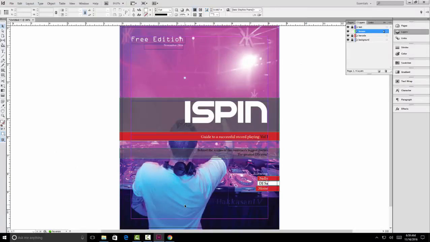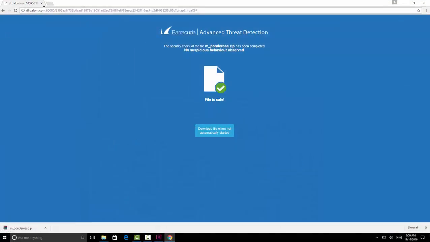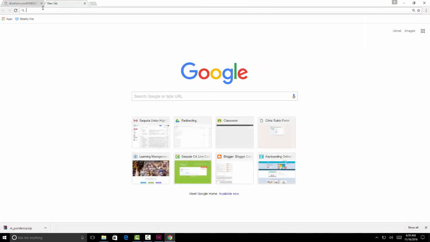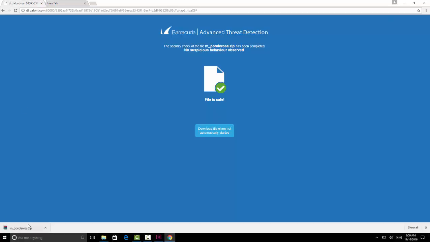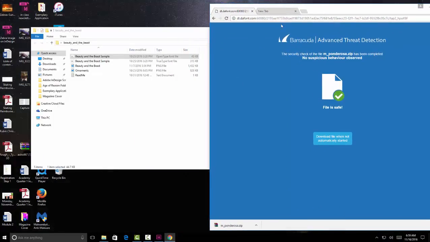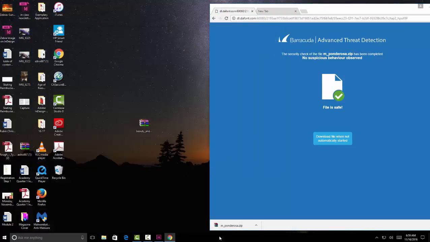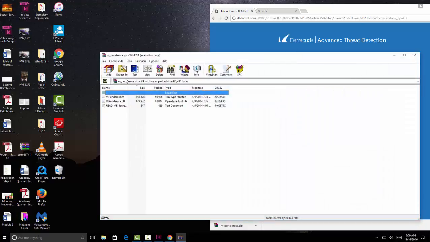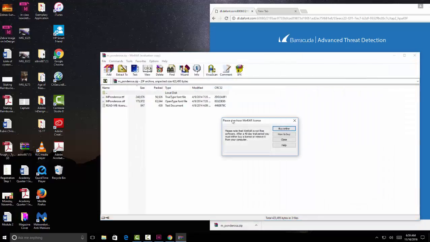Let's go next and let's add a barcode. So barcodes are easy to find online. By the way, my font downloaded, so let me just show you how that looks. I'll just minimize this screen a little bit, close that. Again, very simple. I'm just going to drag this out here onto my desktop, open it up, find the OpenType font file,